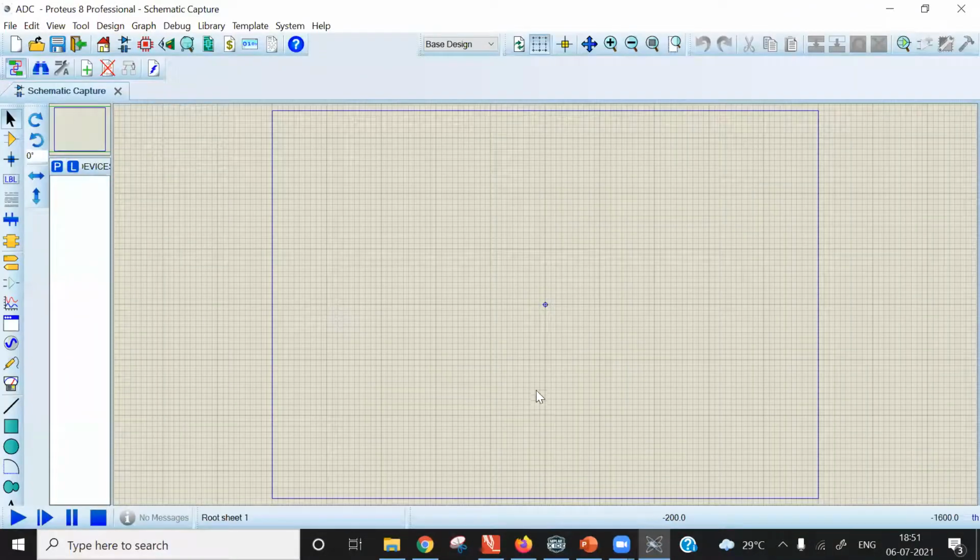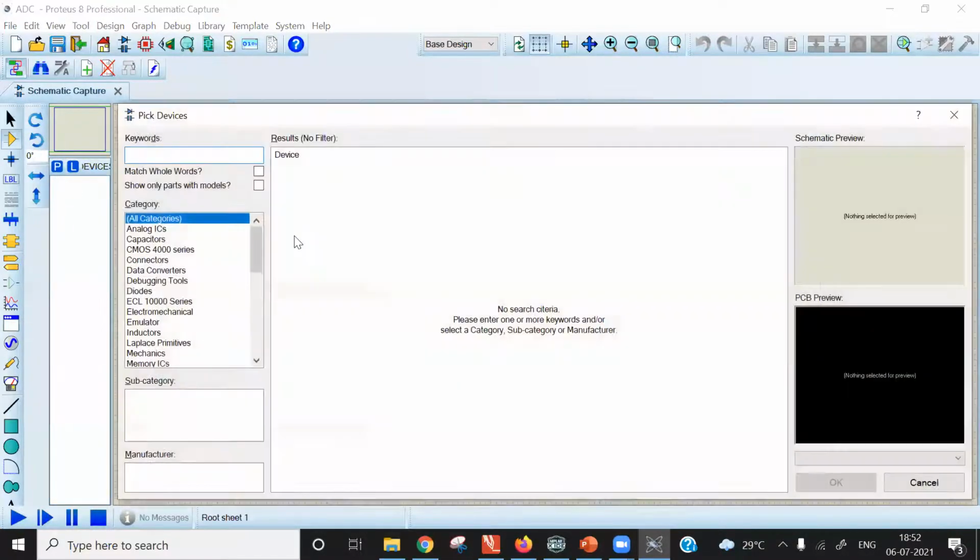After creating the new project, the first thing to do is make the list of components we are going to need for simulation of the ADC program. The first thing we need is a PIC18F4520 microcontroller. Second is an LCD display, a 16x2 LCD display. Third is a potentiometer to divide voltage at the pin AN0, which we have written in our program. So we will just select these components.